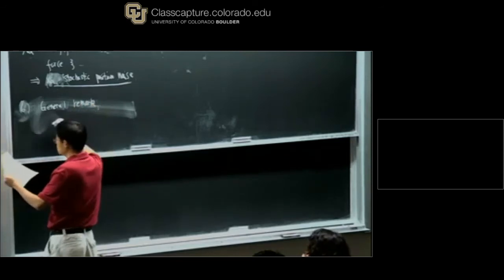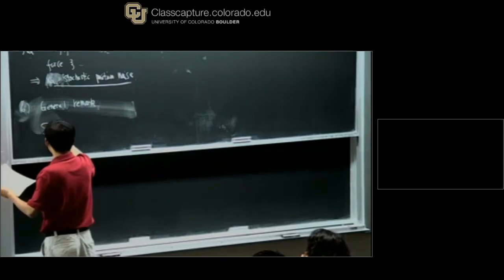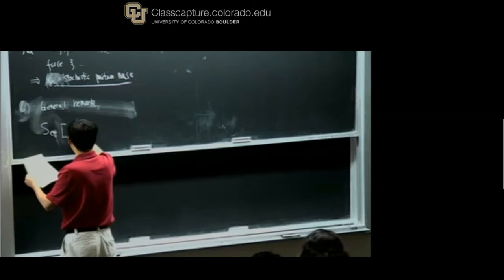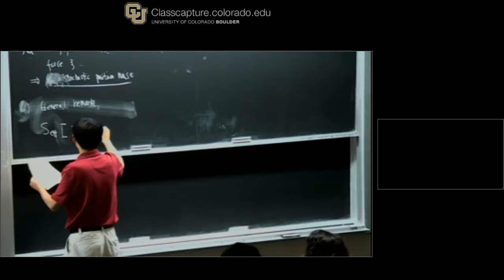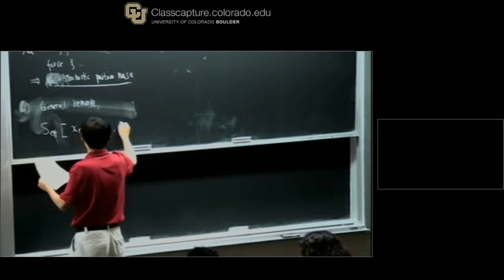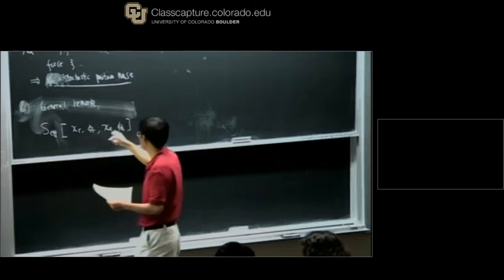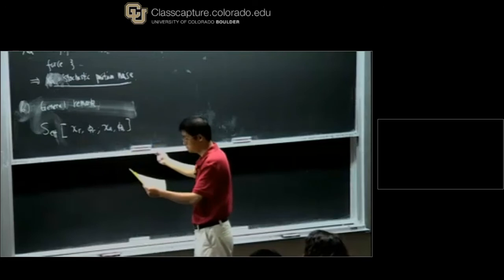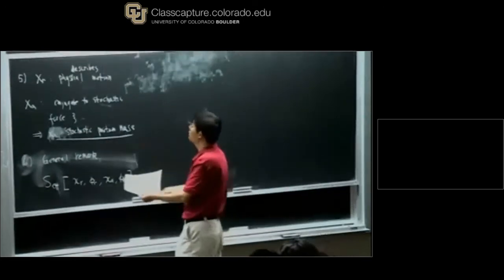Now let's consider general theory. Again, now I will have this chi r, phi r, chi a, phi a, and the phi again corresponding to the sources, and the chi corresponding to the dynamical variable. And the physical sources,